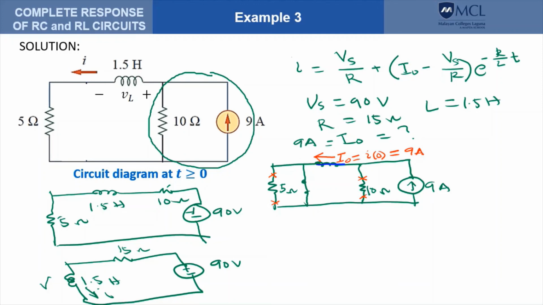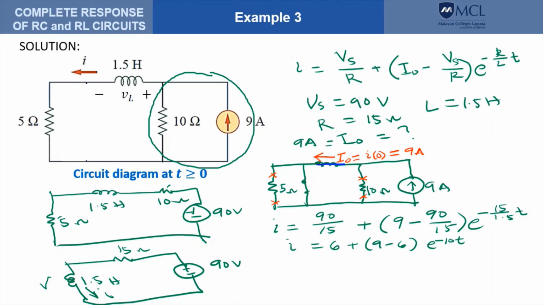So now that we have the complete data, we could now solve for I as equal to 90 over 15 ohms plus, so this is 9 here minus 90 over 15, times e to the minus 15, and this is 1.5 here, and that should give us I equals 6 plus 3 e to the minus 10t. Okay, so this should be our